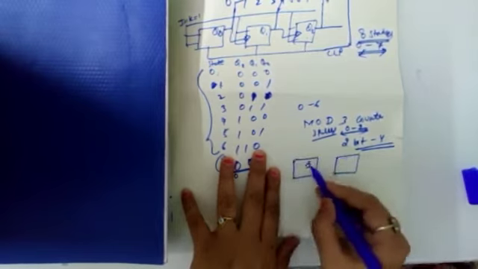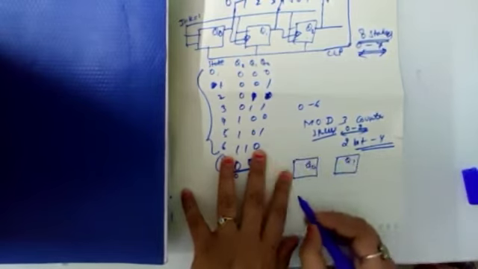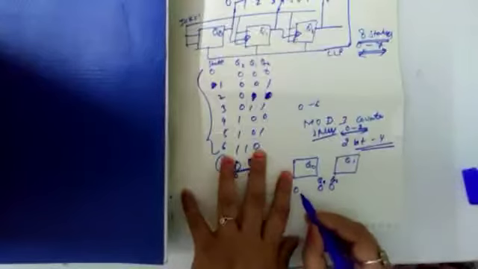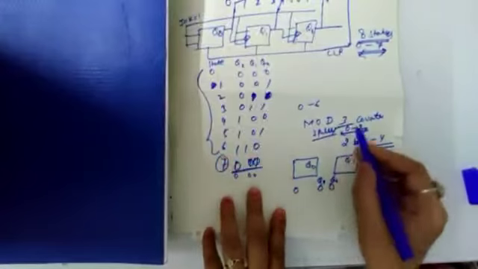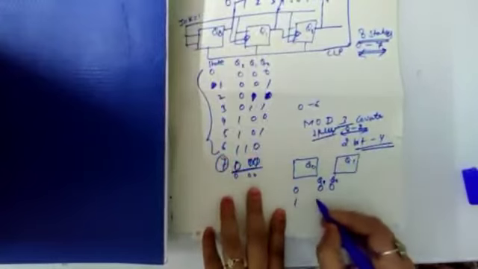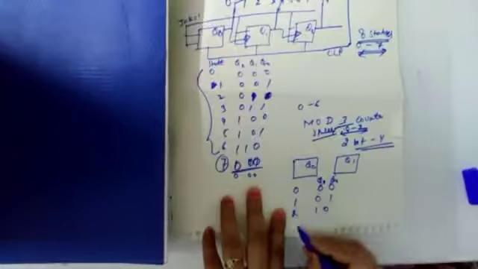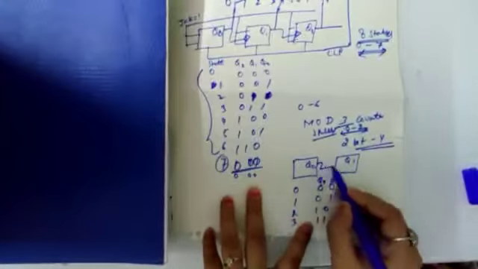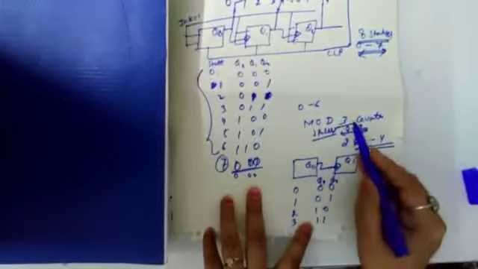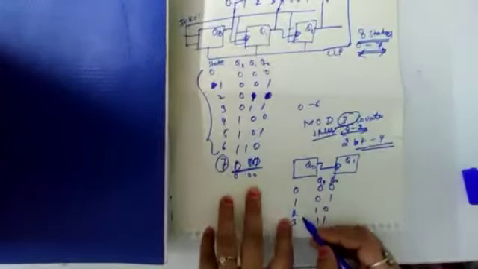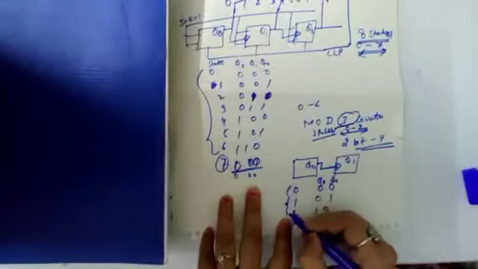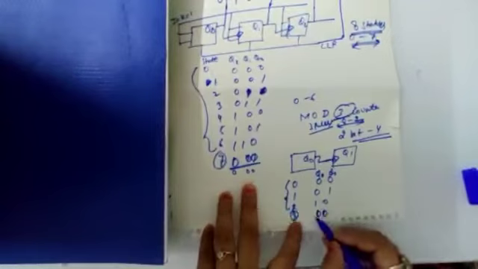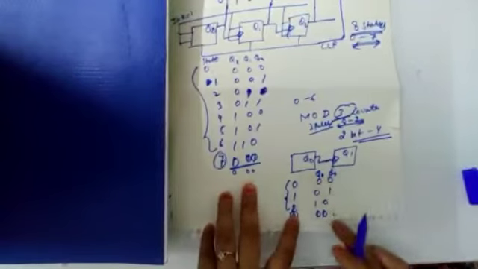Okay, this is Q0, Q1, and the working is like 0, output Q2, Q1, Q0. It will stop counting after 3 pulses, means it will count up to 2: 0, 1, 2. Ideally it will count up to 1 1 if it is a 2-bit counter. Okay, but what we want is to stop our counting at 3. After 3 pulses, means 0, 1, 2, it will count only 3, and we want the output at this point to be 0. 3 means 1 1, means Q1 is 1, Q0 is 1.